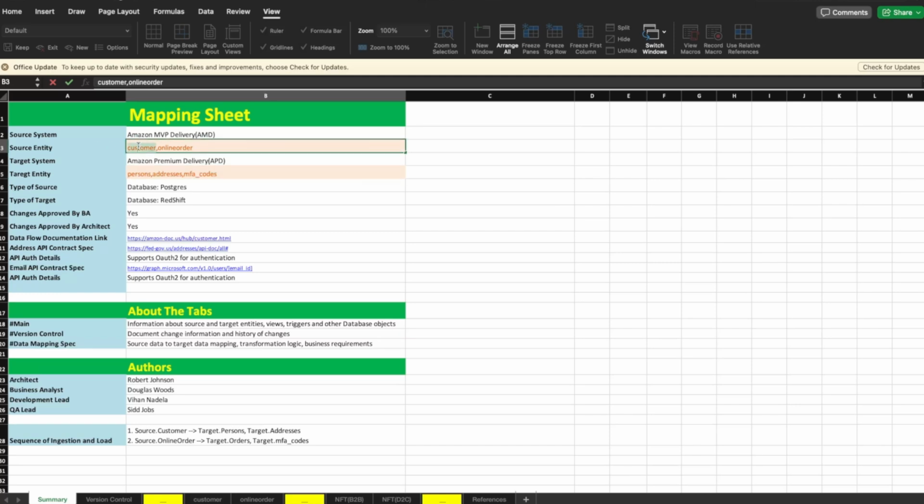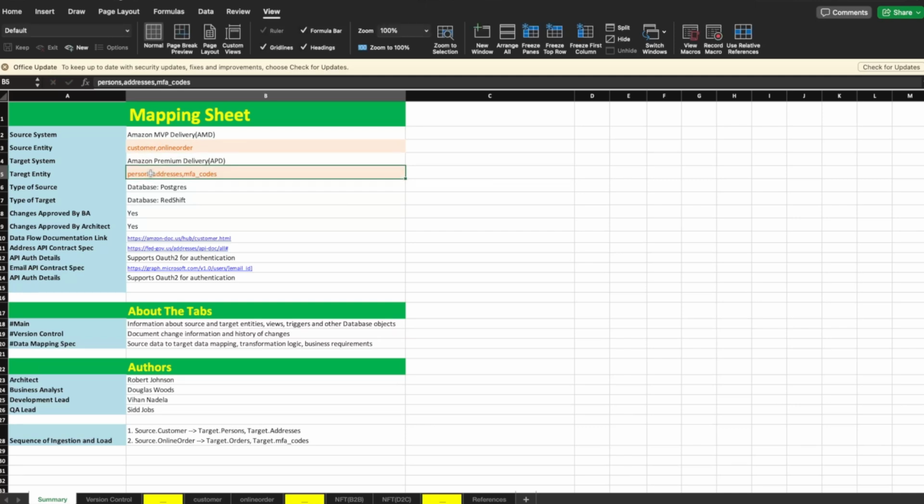Just see, the customer in source not necessarily transforms into customers. It transforms to persons here. So you have to keep in mind that this is where the mapping sheet becomes very useful. It gives which entity in the source transforms into which entity in the target,